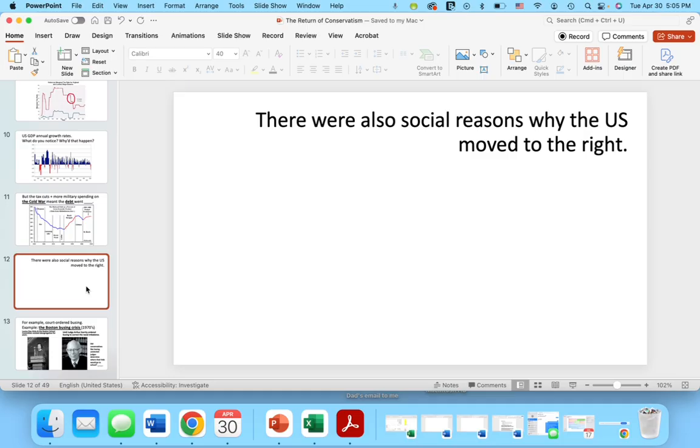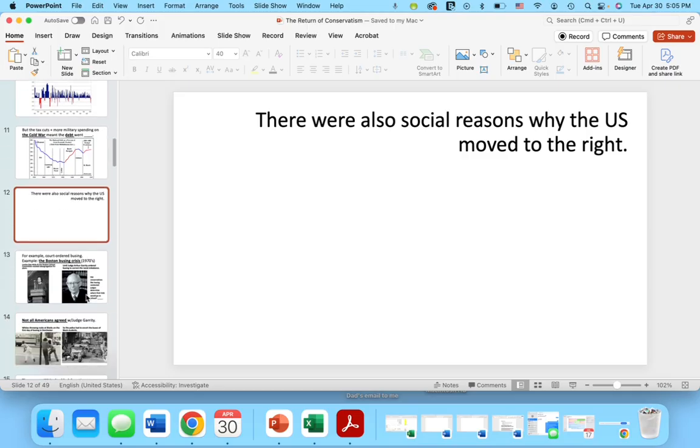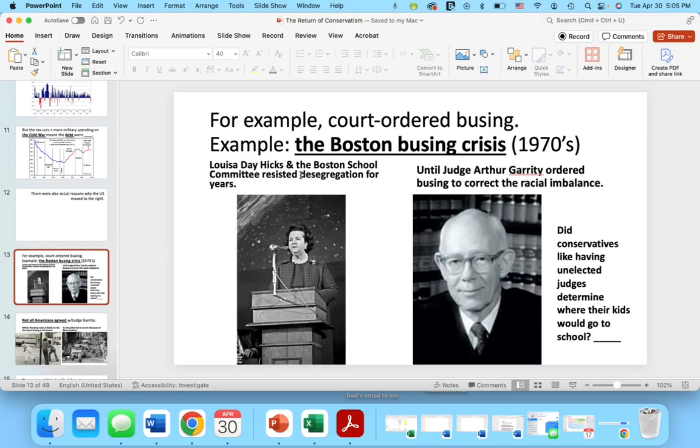So, in addition to the Vietnam problems and Watergate and Carter's inability to rescue the hostages and conquer inflation, there were also social reasons. In addition to those political and economic reasons, there were social reasons why the US moved to the right. For example, there was court ordered busing, for example, the Boston busing crisis. Louisa Day Hicks and the Boston School Committee had resisted segregation for years, and Judge Arthur Garrity ordered busing. He said, we've got to bus these kids from the white neighborhoods and the black neighborhoods to correct the racial